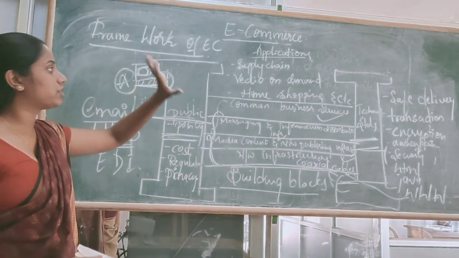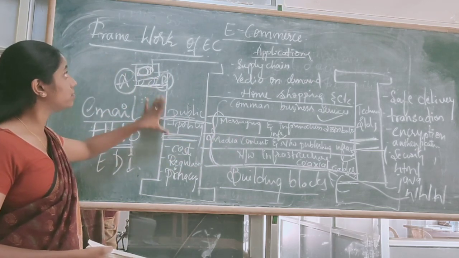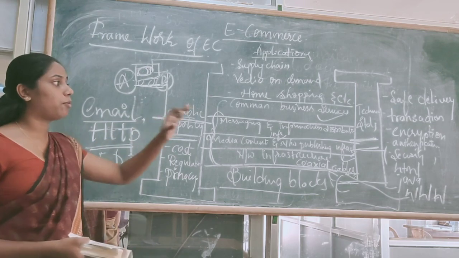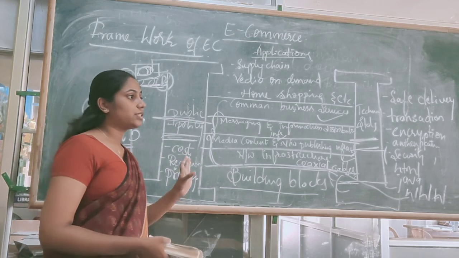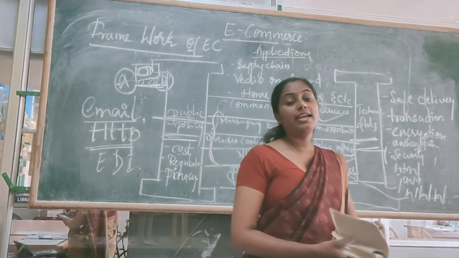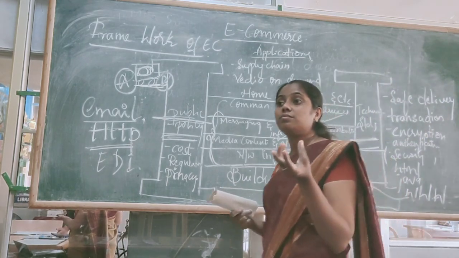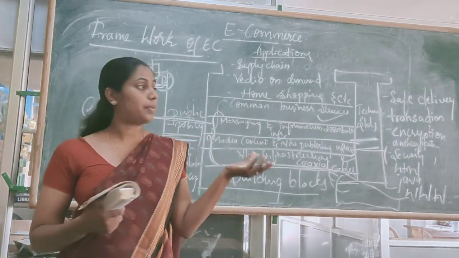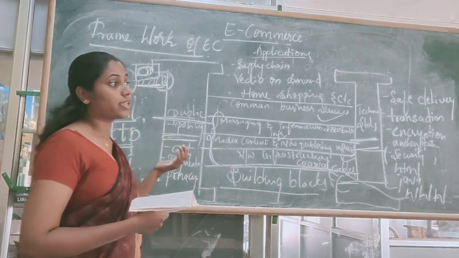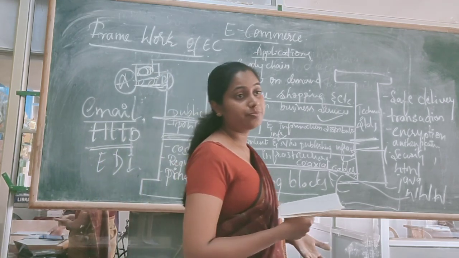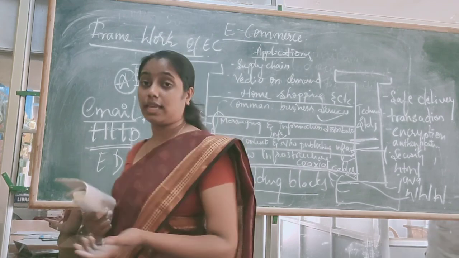Then we come to the 2 pillars of the framework of electronic commerce: public policy and technical standards. Public policy looks after cost reduction and protects public rights by providing regulations. It gives privacy and security for the users of the application.